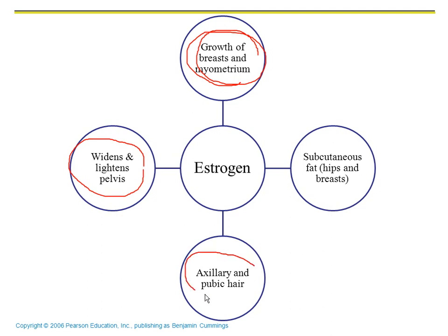It causes growth of axillary and pubic hair, obviously, and estrogen also increases subcutaneous fat, especially in the hips and in the breasts. In lecture I mentioned we store estrogen in our fat, and so we talked about issues with obesity versus marathon runners and being amenorrheic or having fertility issues. But that's because we're in the modern era. Our ancient ancestors didn't eat very often, so it was advantageous to store a little bit of body fat and